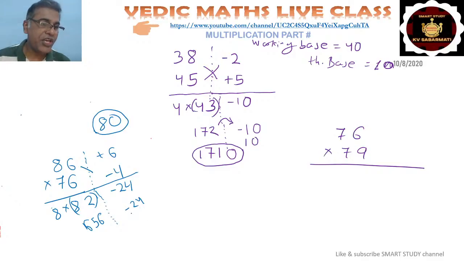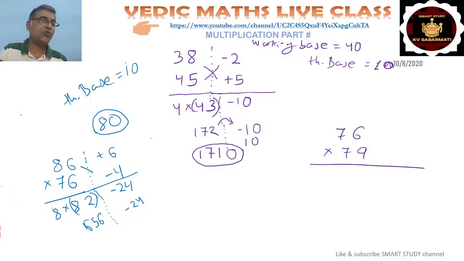We have to make this positive, but since our theoretical base is 10, we are using the rule of 10. So if you take 1 to that side, this will become 10. So this minus 24 will not become positive, so we need at least 30 here. So you will take 3 to that side. If we take 3 to that side, this will become 30 and the number will become positive.